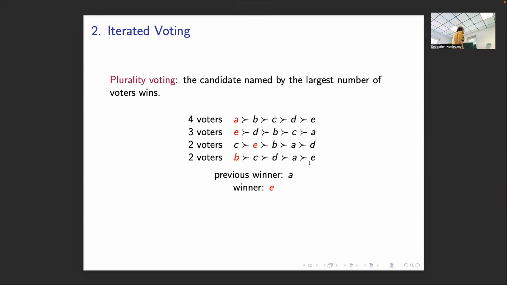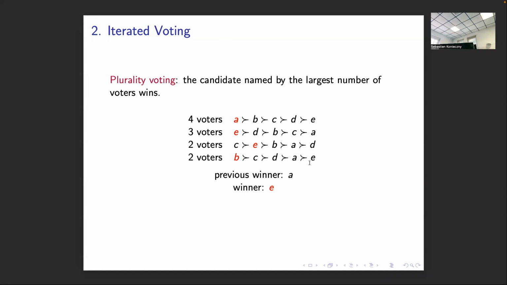Okay. So what we can do here is, in iterative voting, we allow voters to vote again. So they see the outcome, they see the scores of all candidates. They don't see who voted for A, for E, for B, for C, but they see how many votes each of the candidates gets. Okay, so then the second round,